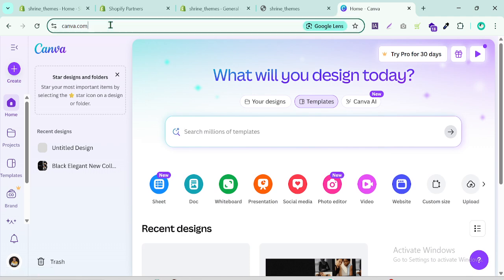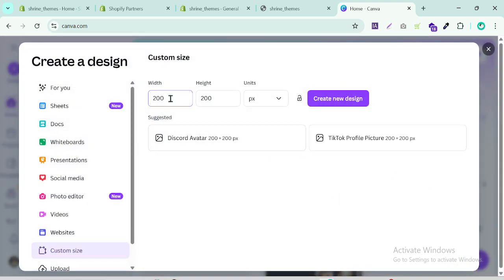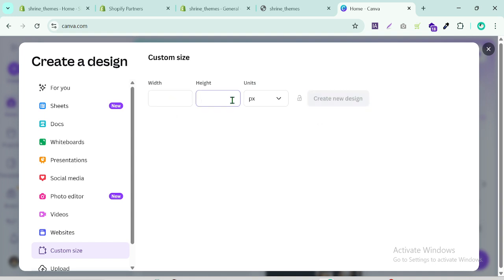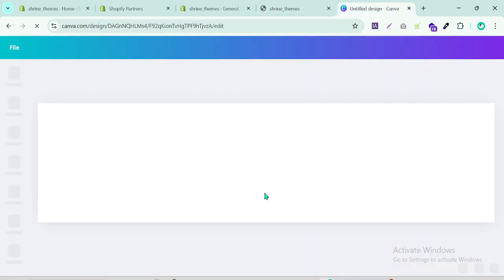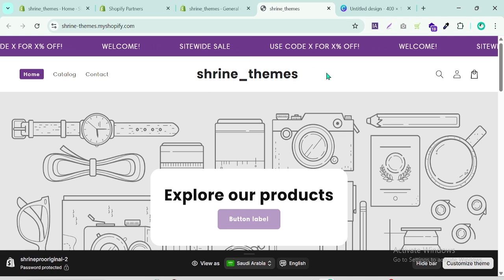So now I will go to the canva.com home page. You see here there is the custom size, create new. I will click here and set a custom size. I prefer width 400 and height 100. Okay, so it is perfectly set up for our store here. Now if we click this name,